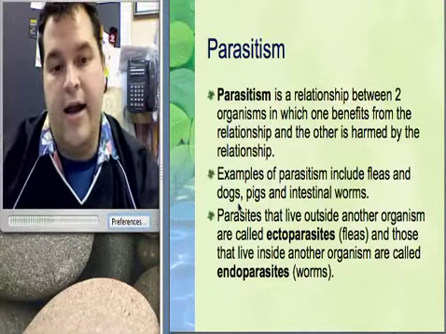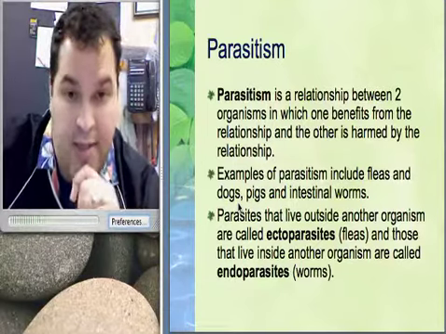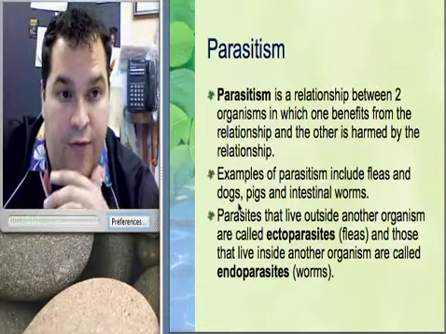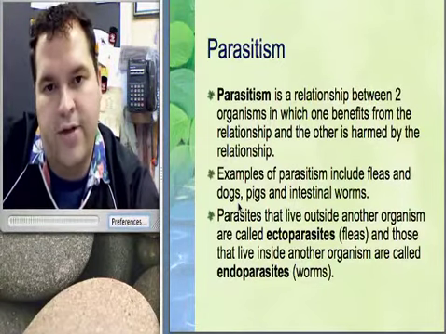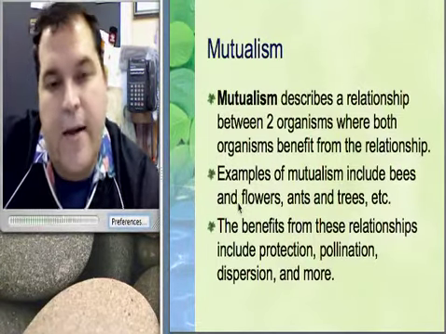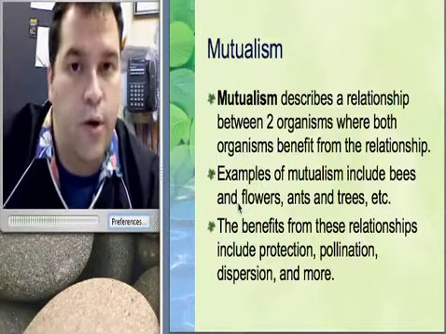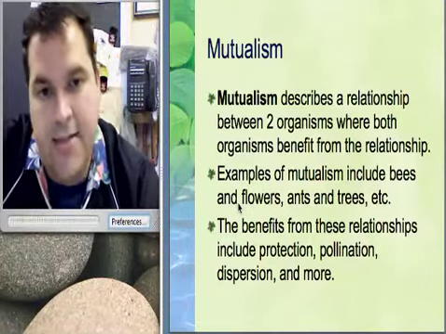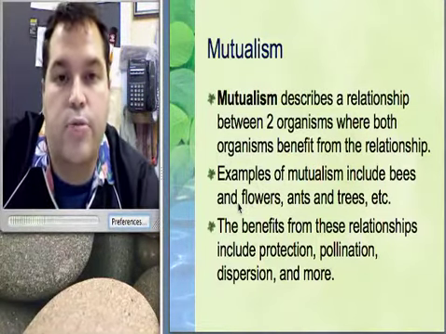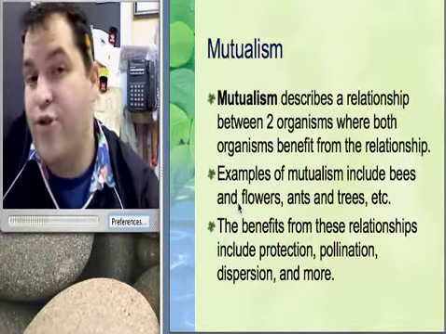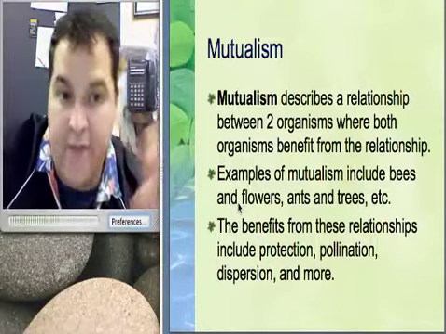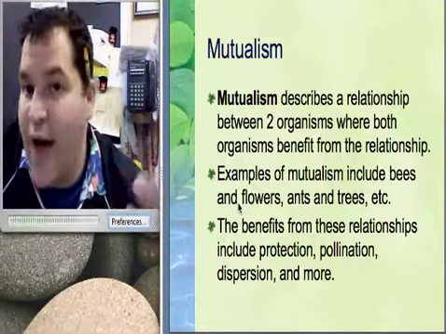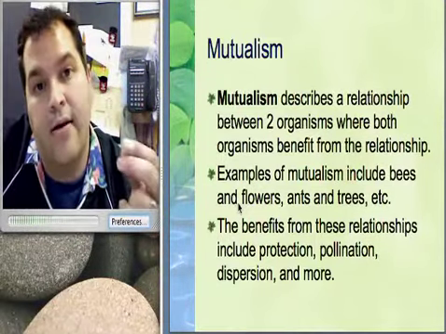Okay. Now, that's not to say, like I said earlier, that parasites can't kill their host. If you get over-infested with parasites, then certainly death could occur. Another type of relationship is mutualism, and if you know what the word mutual means, this one makes a whole lot of sense. Mutualism describes a relationship between two organisms in which both of them actually get a little bit of benefit. An example of that, and probably the most common, is that of between insects or bees and flowers. Bees get nectar and pollen.